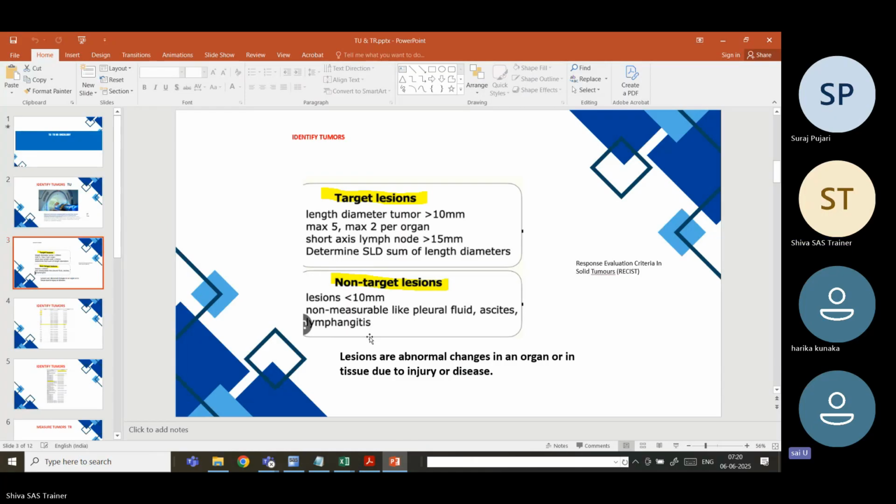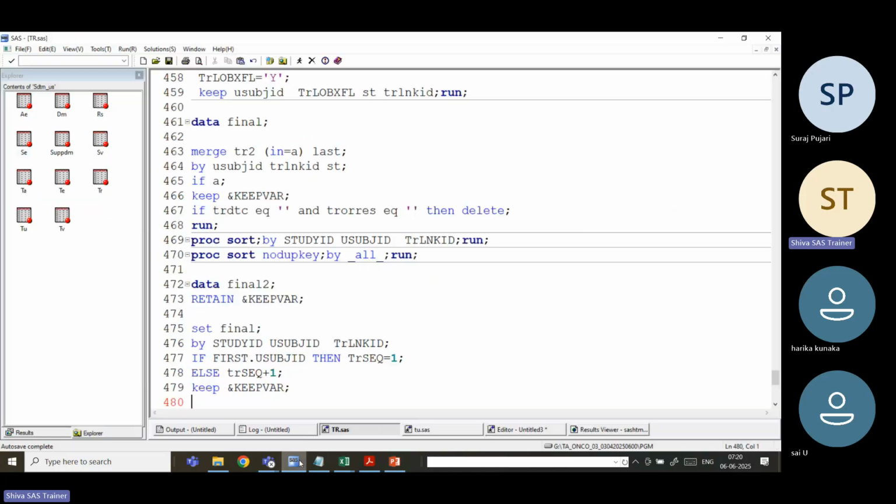Okay. So in the programmatic perspective, we do not use the RECIST much, but while collecting the data, they follow those guidelines and they will measure the target lesions and non-target measurements. Okay. So we are not doing any measurements. We just take the data from the raw and we are, you know,